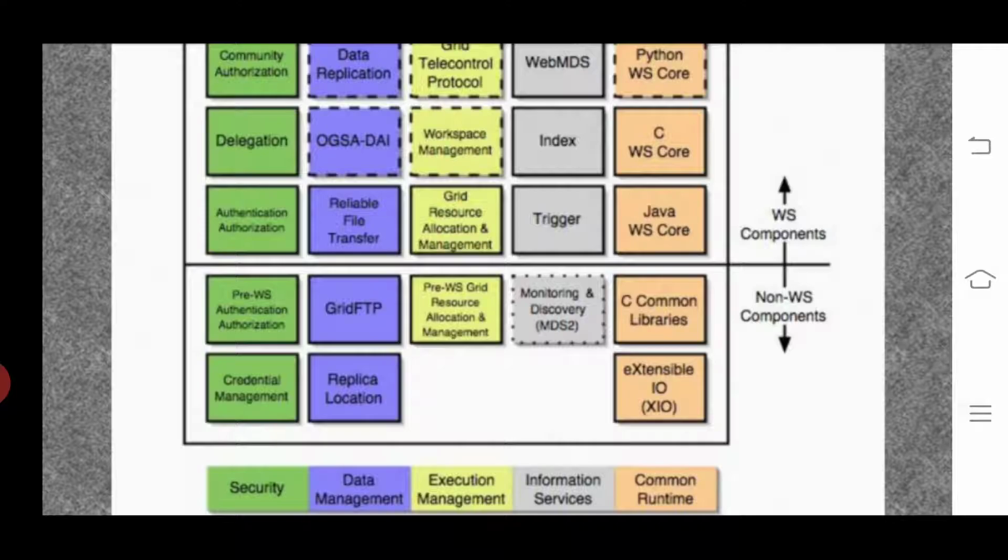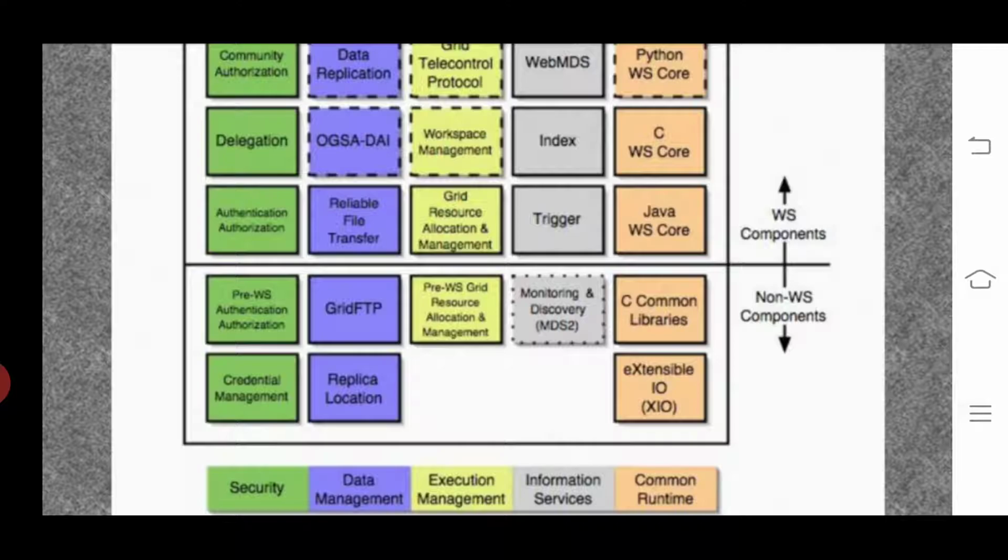Coming to the yellow, that is execution management. These are the five families of Globus toolkit components. In execution management we can see the grid telecontrol protocol and workspace management, grid resource allocation and management, and pre-web service grid resource allocation and management.